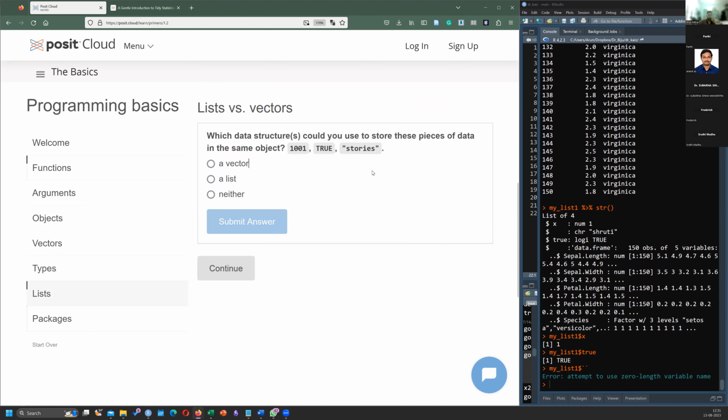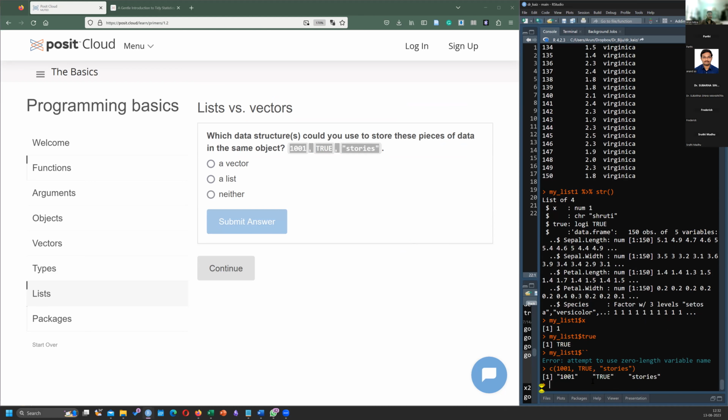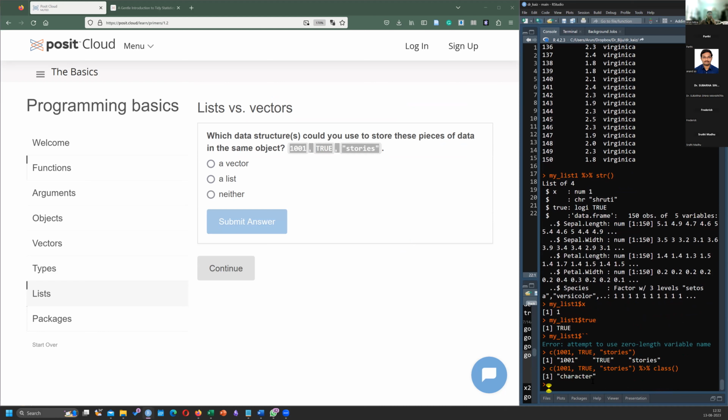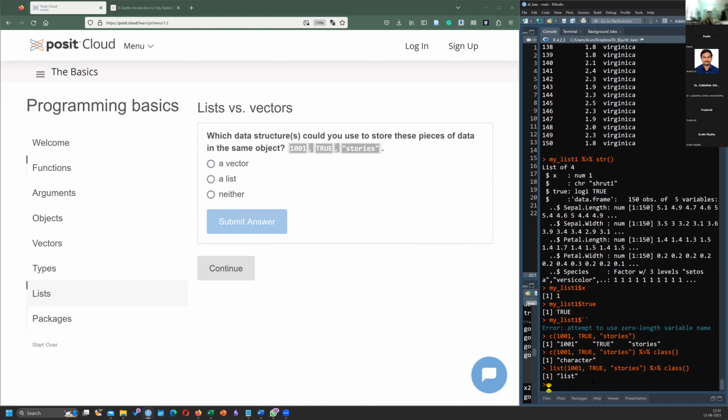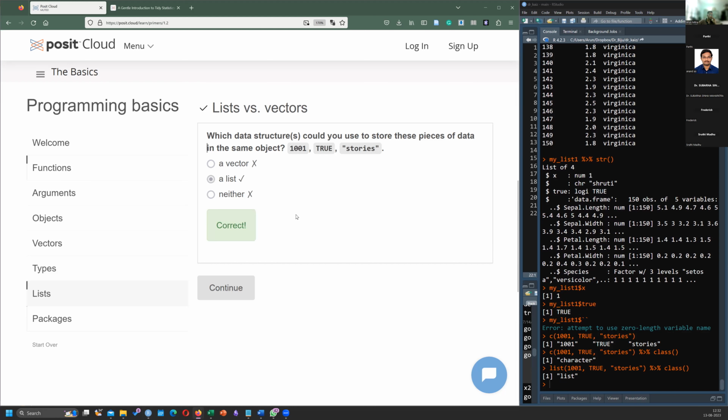Which one? List. Because when we tried this as a character, it became a character. But if you want to save it as a list, it is a list. Submit answer.